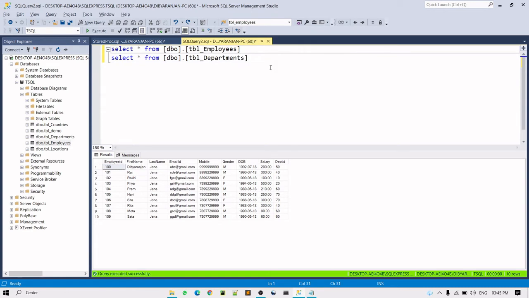Simply I have to press Control K and C. Let me press again. So with Control K plus C you will comment a particular statement, and to uncomment it you have to press Control plus K plus U. So that's the shortcut key, Control plus K plus C, and Control plus K plus U to uncomment.